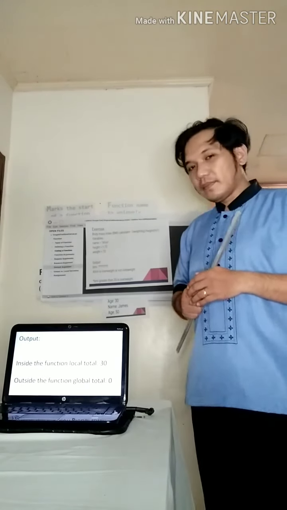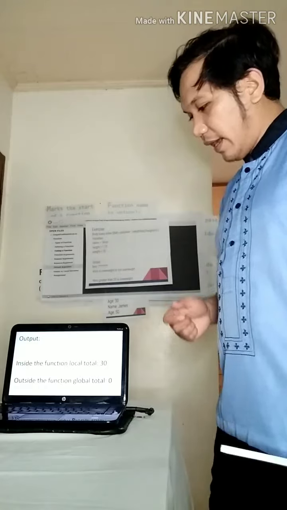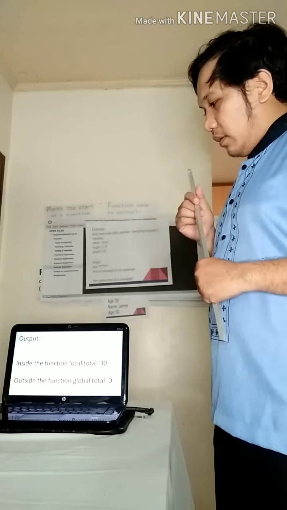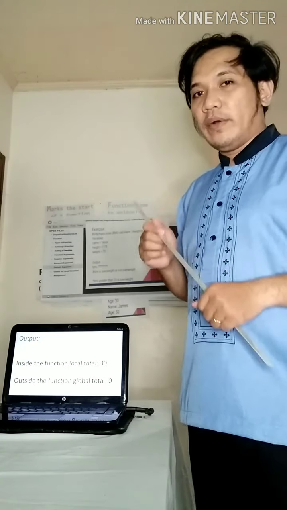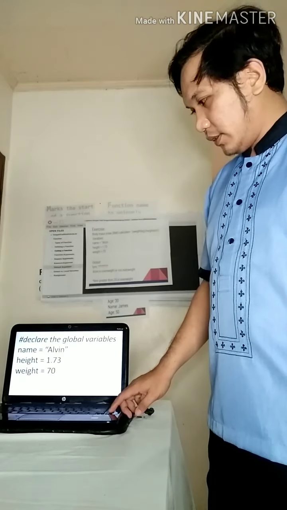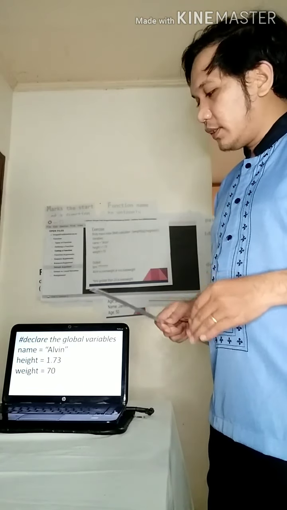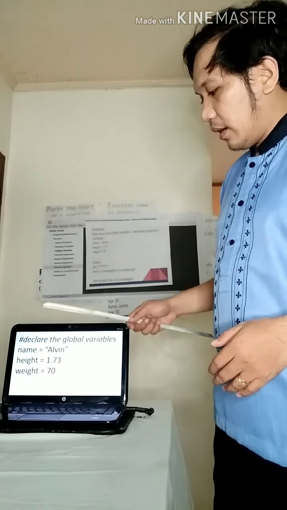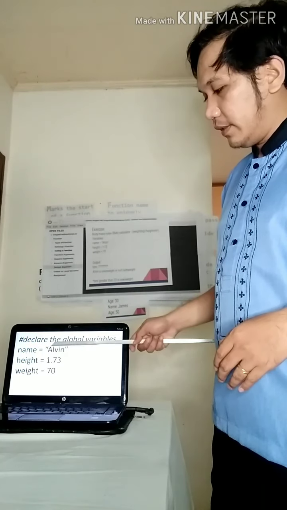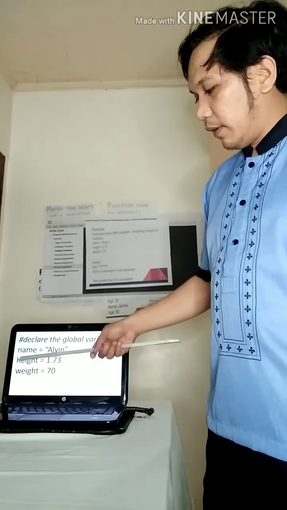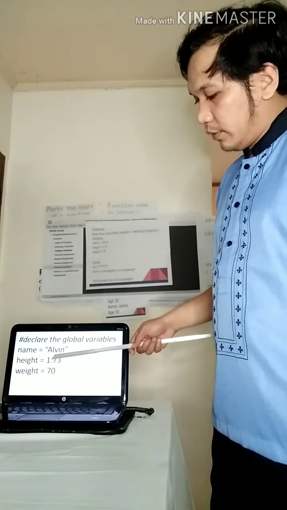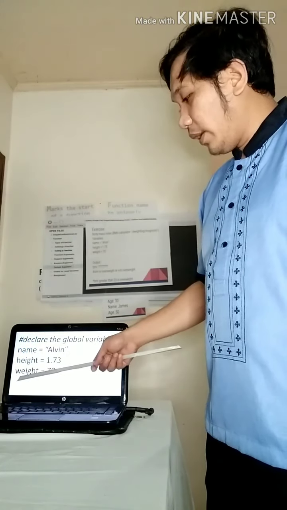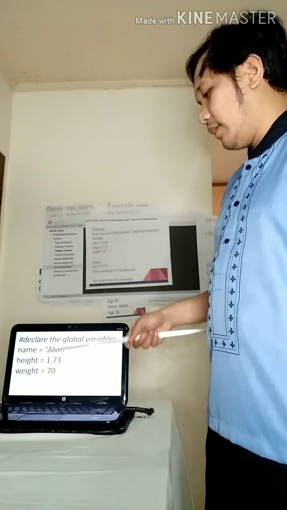Okay, for the answer on our exercise, let's explain our program one by one. First, we declare our global variables, which are name, assigned the string Alvin, and a variable assigned 1.73, which is my height in meters, and then weight, which is 70 kilograms.